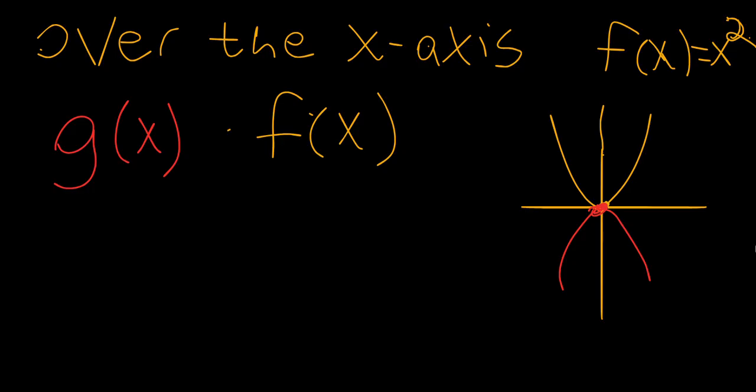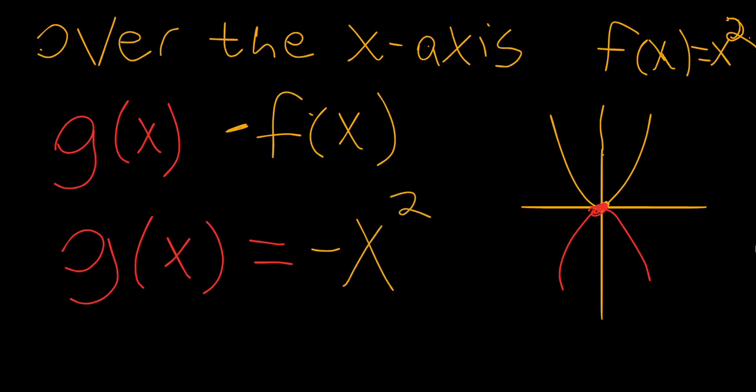Well, what we need to do is we need to make the entire expression negative. In other words, g of x would equal negative x squared. That is how we reflect over the x-axis. A negative sign flips the graph vertically. And it would be the same if it was negative 2x squared. It would flip and it would stretch. Speaking of stretching,